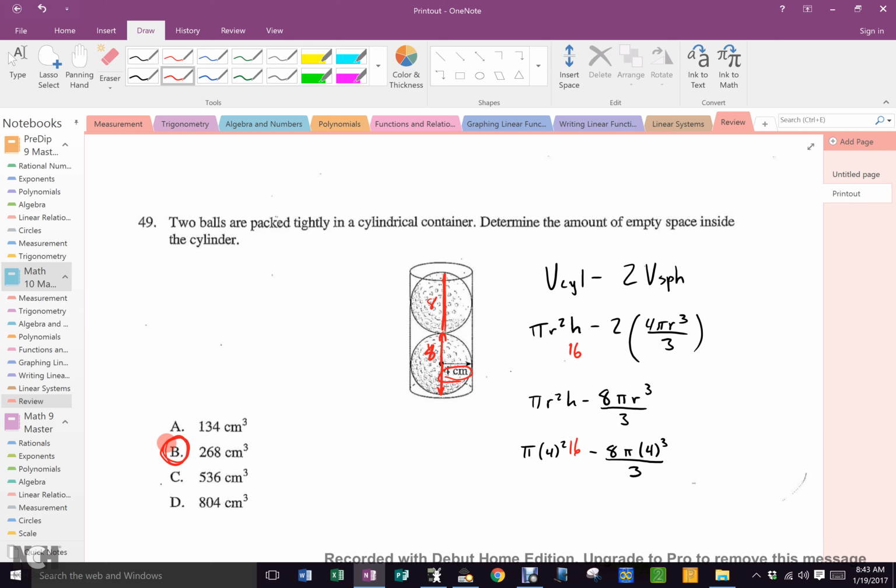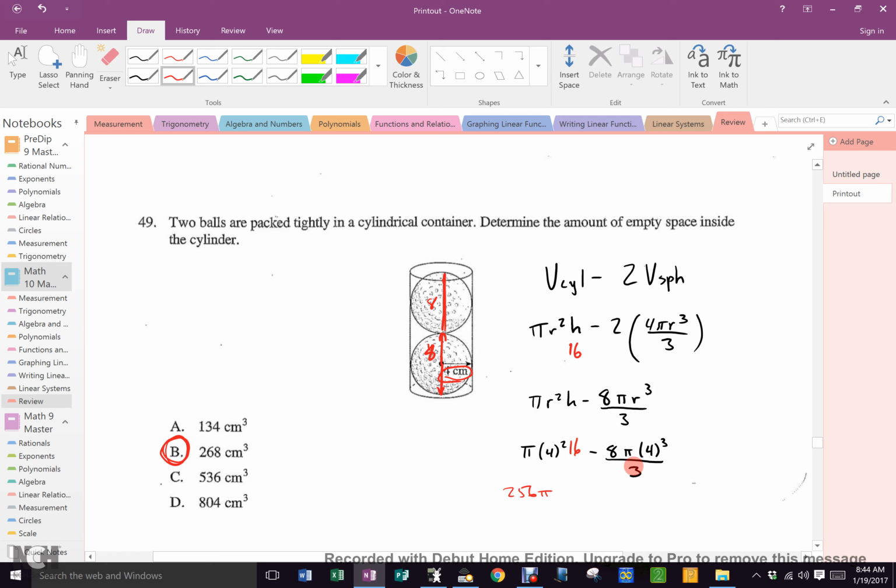If you couldn't get it in one go, what must you do? Put it in separately, right? Will you get close enough? Of course you will. As a matter of fact, you could almost not even use your calculator, couldn't you? Because isn't this 16? And isn't 16 times 16 256 pi? Isn't it? And isn't 4 to the third 64? And 8 times 64 is 512, because 8 times 60 is 480, right? And 512 divided by 3